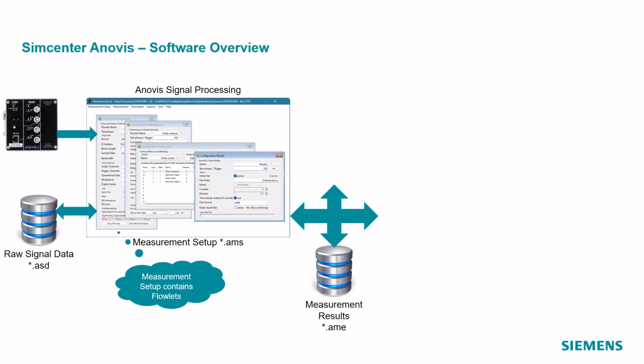And you can have more than one flowlet because you could be looking for more than one fault at a time. Is that right? Yes, exactly. You can do any kinds of analysis in parallel. It depends only on the power of the PC where the system is running. If you have a complex gearbox, for example, with many shafts inside that rotate at different speeds, we can calculate order analysis on 5, 6, 7 shafts in parallel, do some psychoacoustics in parallel, calculate frequency analysis, modulation analysis in parallel, so that we calculate a lot of metrics at the end.